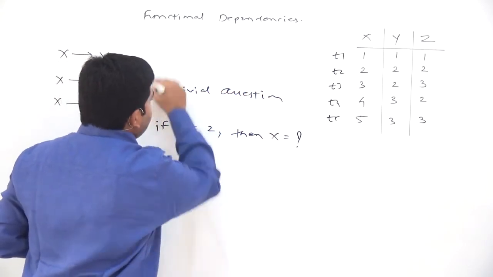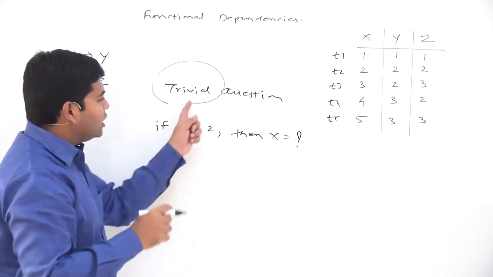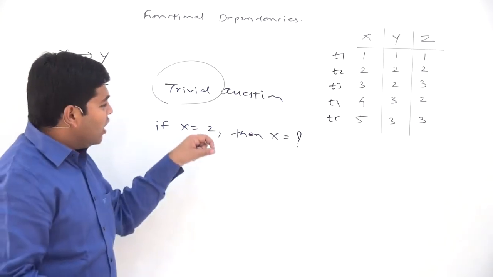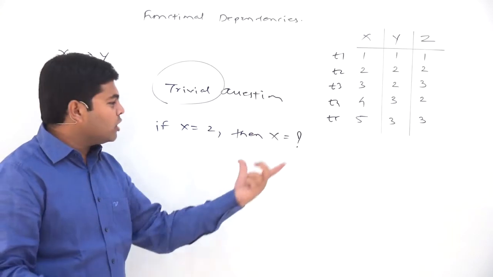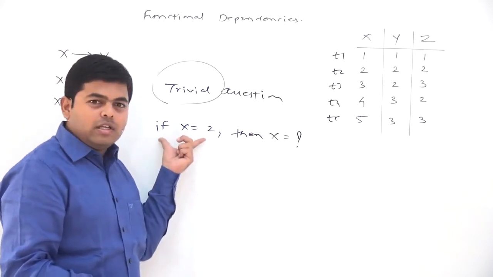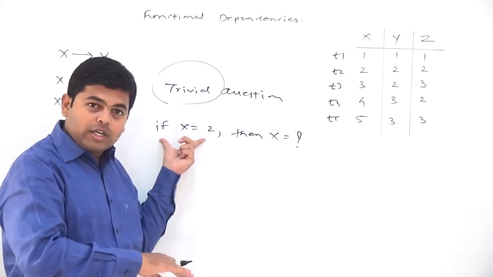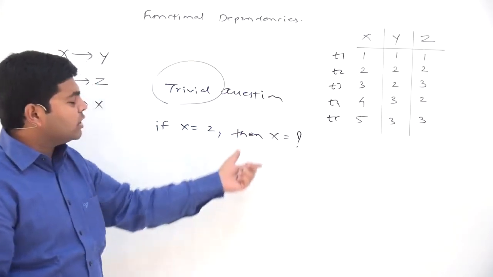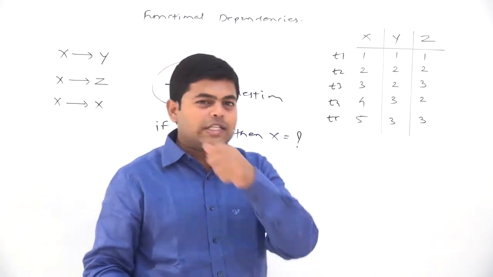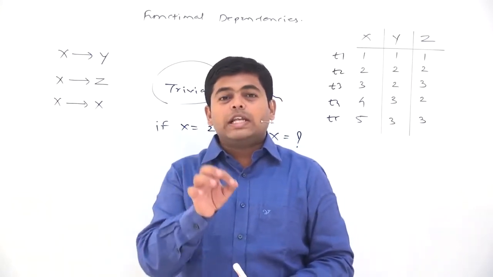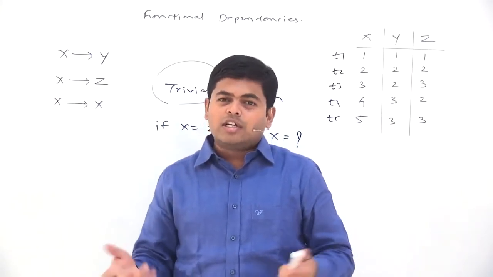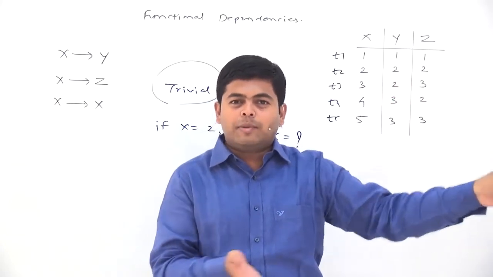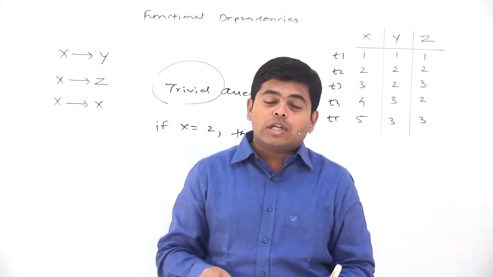The word trivial is quite important here. Why are they called trivial questions? Because such questions actually need not be answered, because the answer to the question is already present in the question itself. The statement of the question consists of the answer, and that is why such questions are called trivial questions. For example, if I ask you, what is the name of Ashish Mithole? Trivial question. The answer is present in the question, it will be Ashish. Surname of Ashish Mithole will be Mithole.